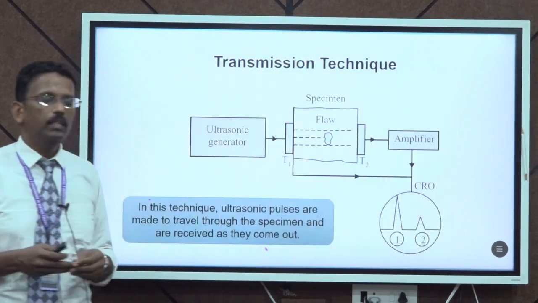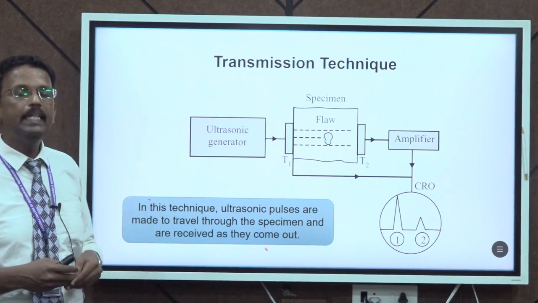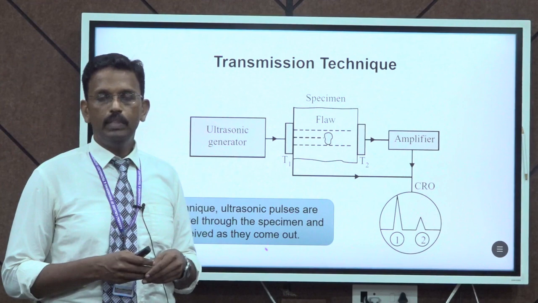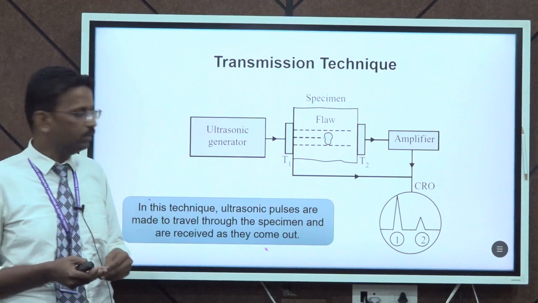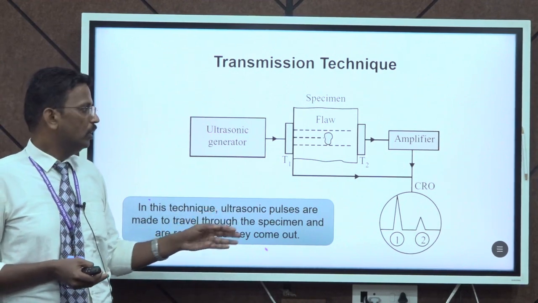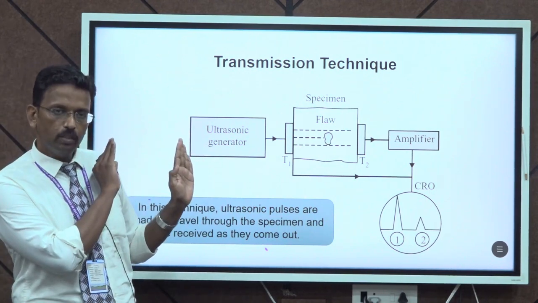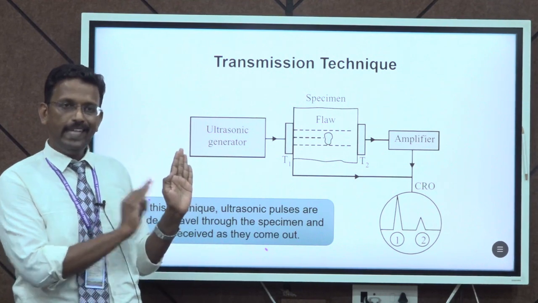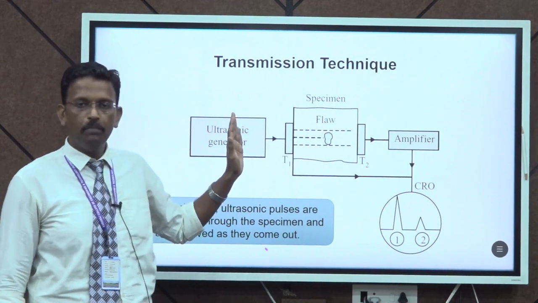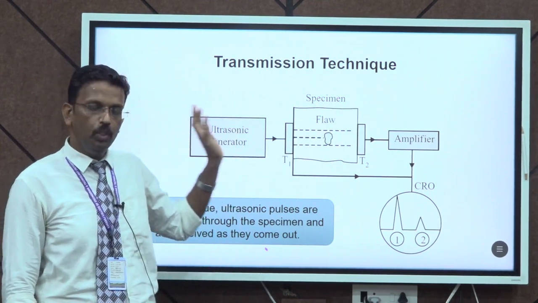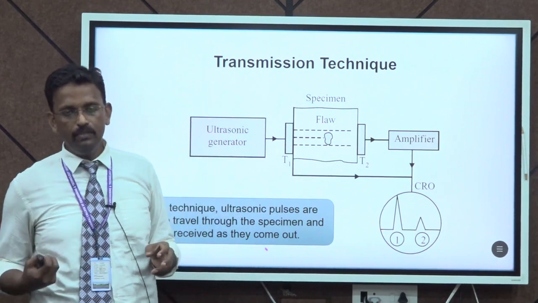Right. Next, we move on to analyze the second type of NDT method, that is called the through transmission method. The basic difference between the pulse echo method and the through transmission method is, in the case of the pulse echo method, we are using only one transducer. It can act as both the ultrasonic wave sender as well as the receiver. But in this case, we are using two different transducers. One can send the ultrasonic wave, and the other transducer can receive the ultrasonic wave sent